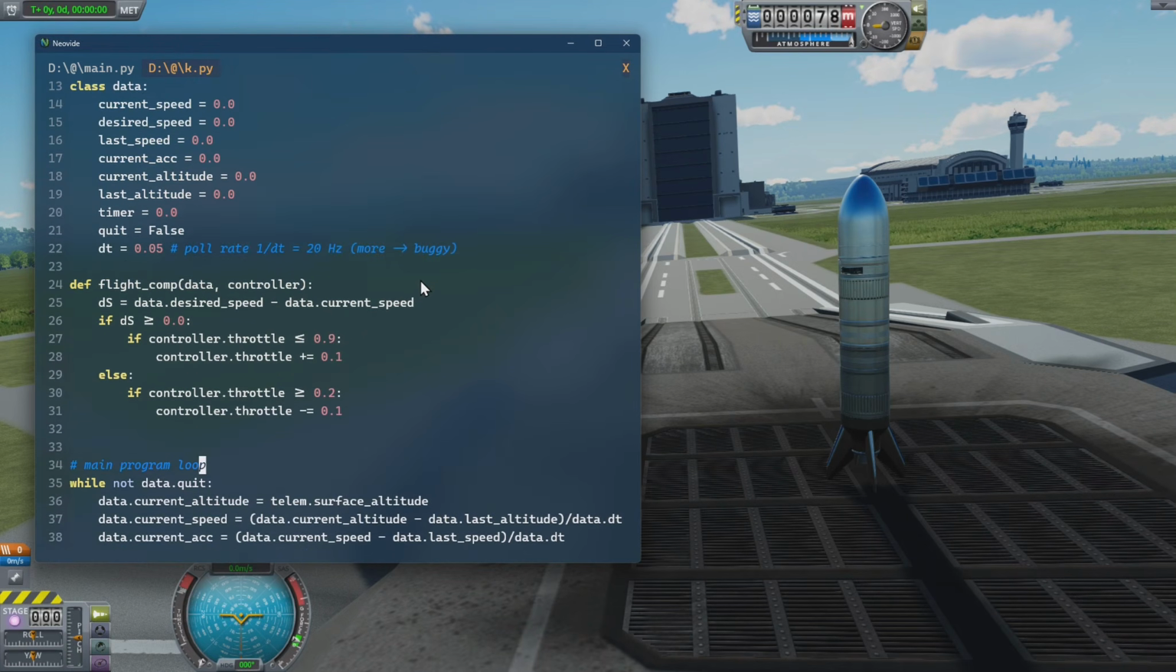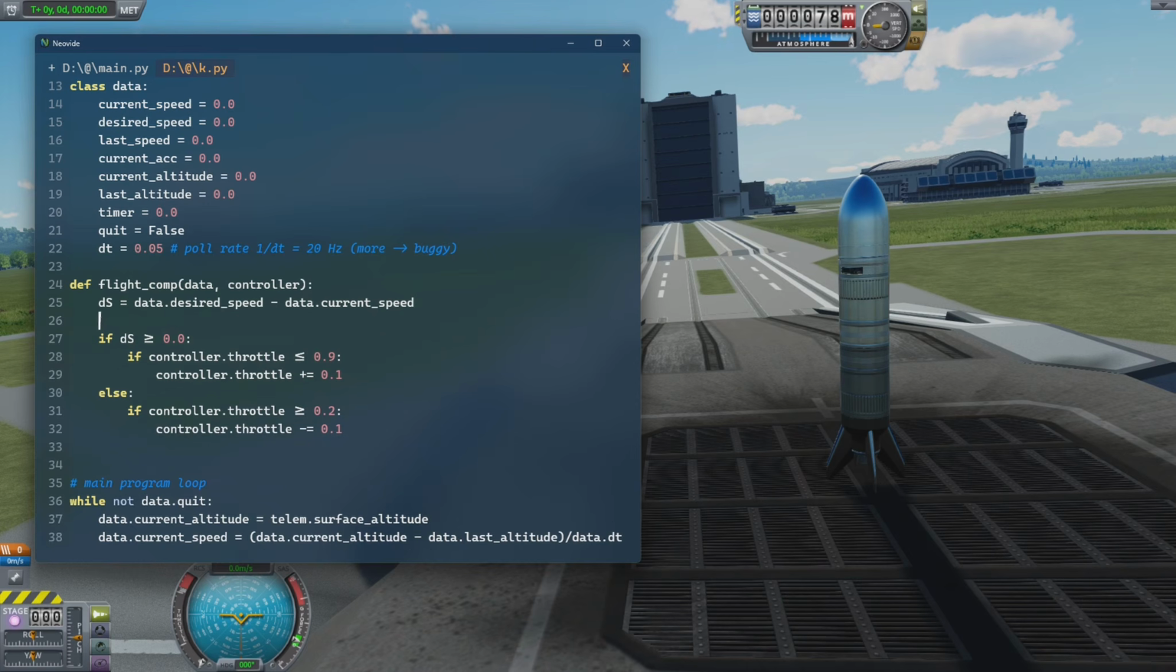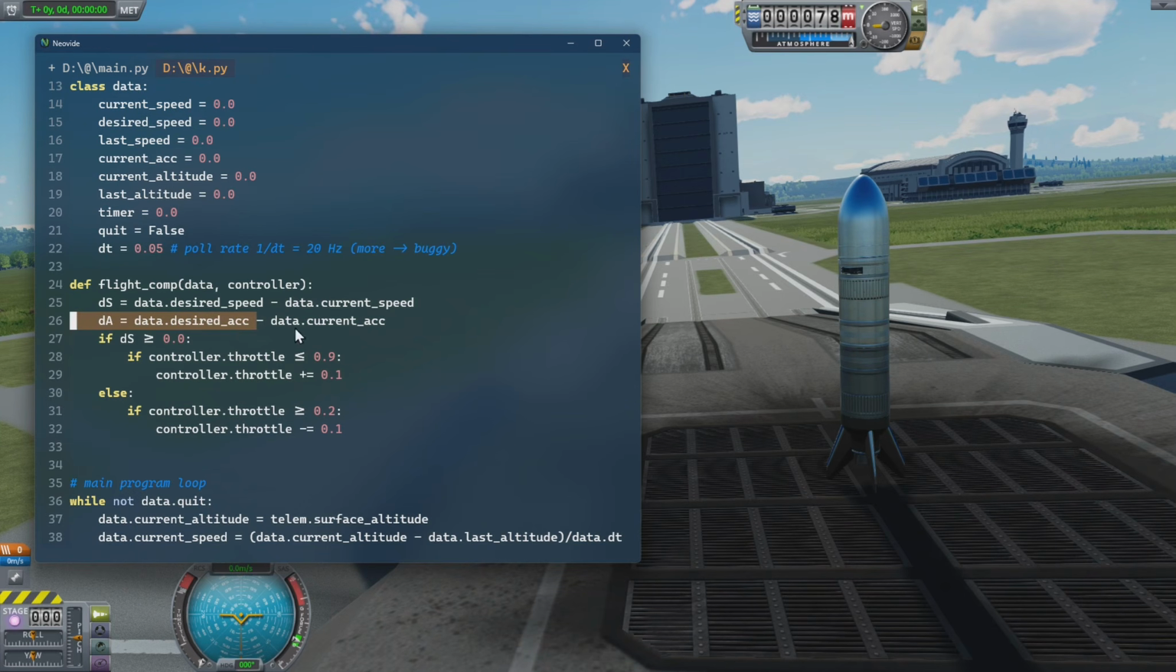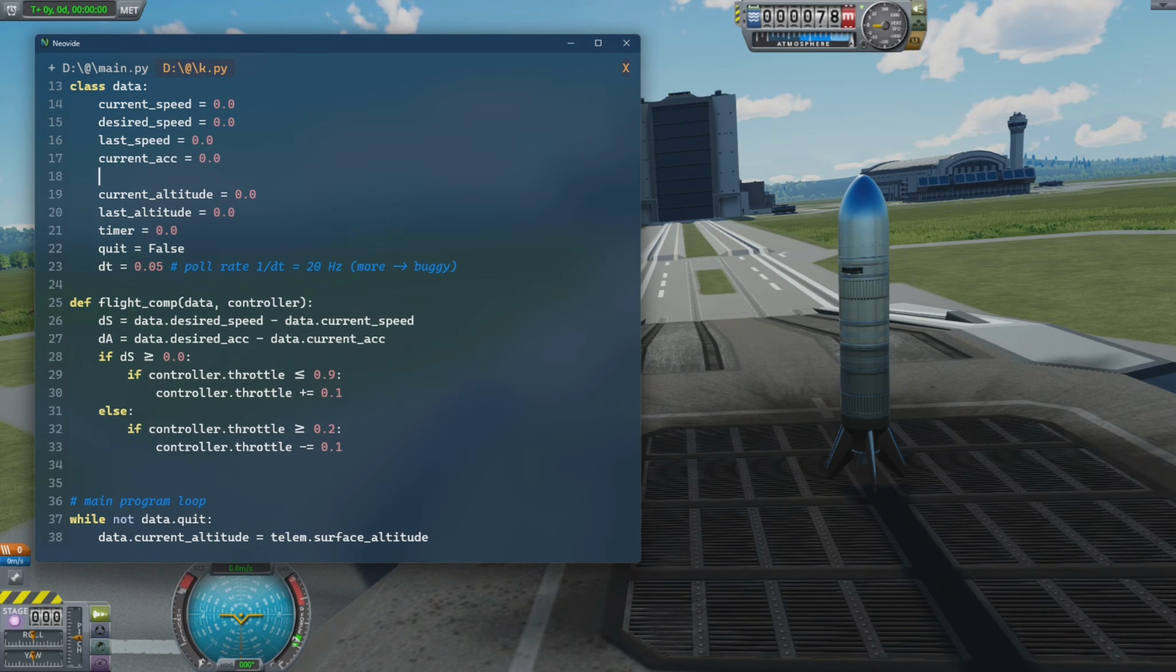And now we will make use of it in here, like we made use of speed. We will actually do exactly the same. The difference in acceleration is data dot minus, but what is that desired acceleration now? Well, let me also add it here. Actually no,